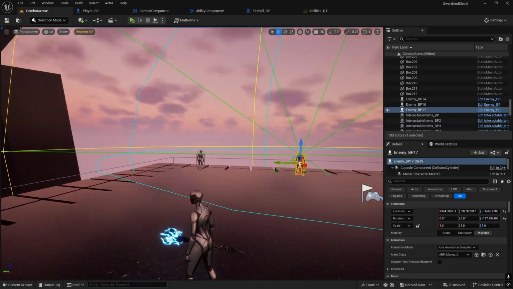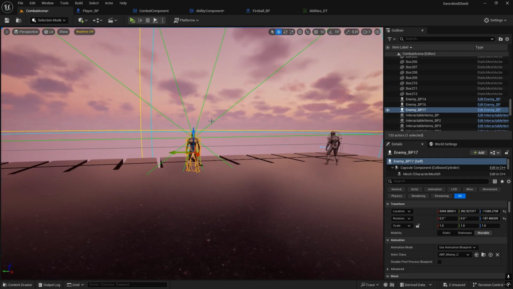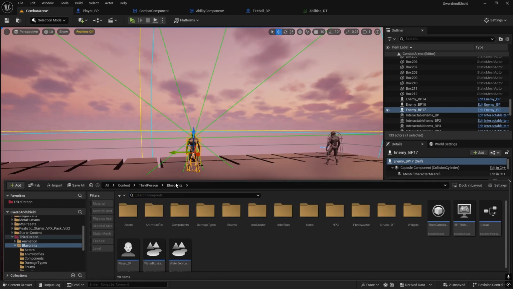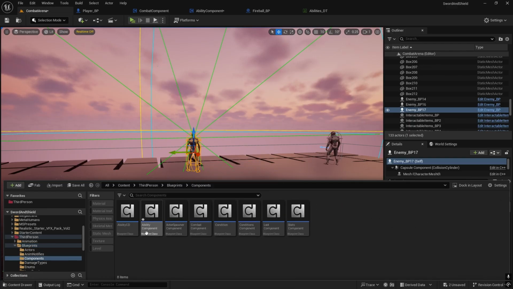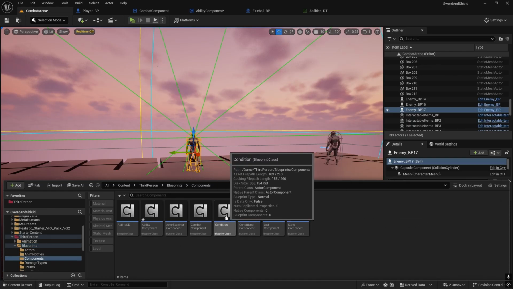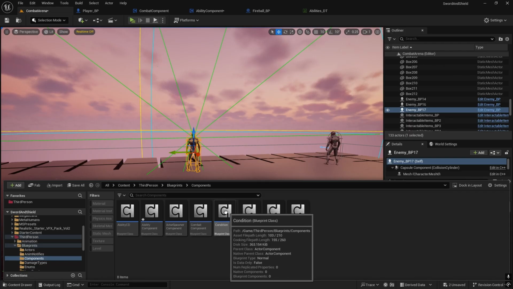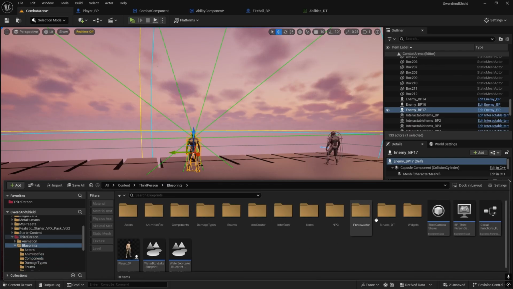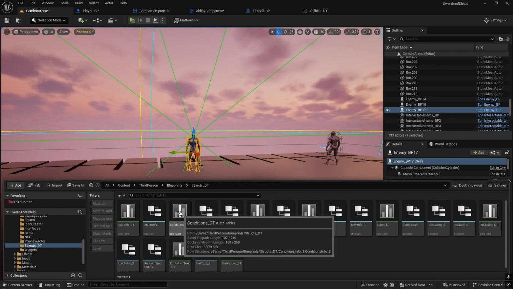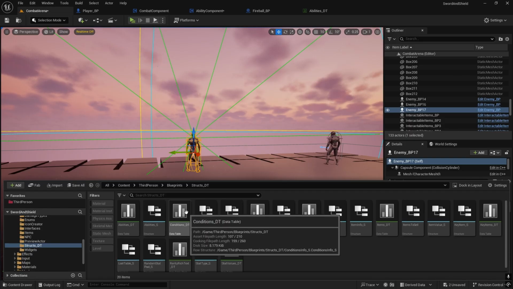I wanted to also do a different burn effect for fireball, but you can just create it yourself. It's literally just going to, which component is it? It's in condition component, and there you set up how much you want to take damage as well, and then you set it up in the actual conditions. So it's good if you practice and you know how to do different buffs and debuffs, so try to do it